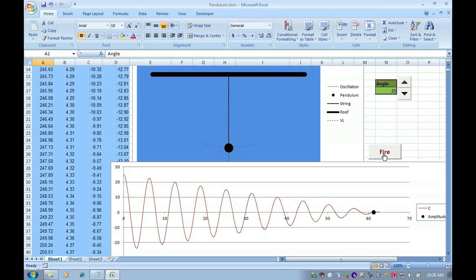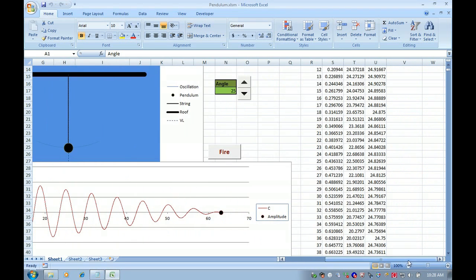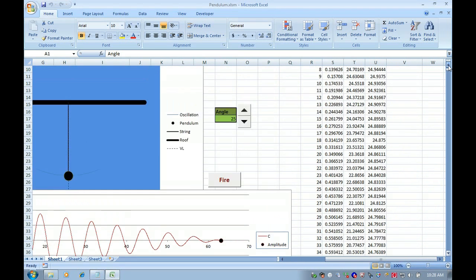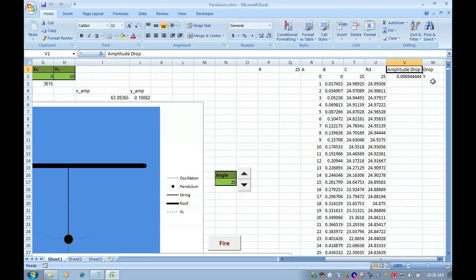So here in this case the pendulum slowly drops its energy, and it finally comes to 0 energy, and it stops. Now I can change the equation a little bit, where it says the amplitude drop. So it drops at this speed, or this